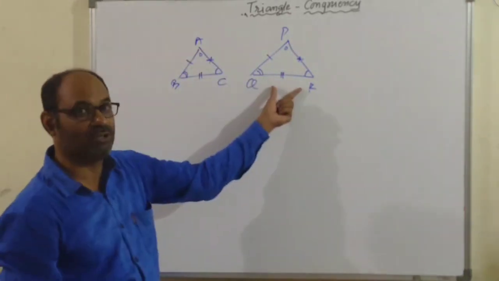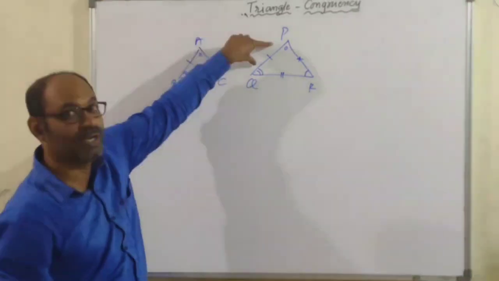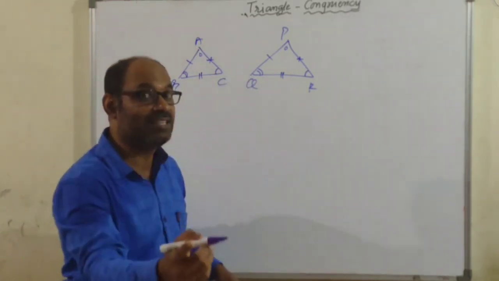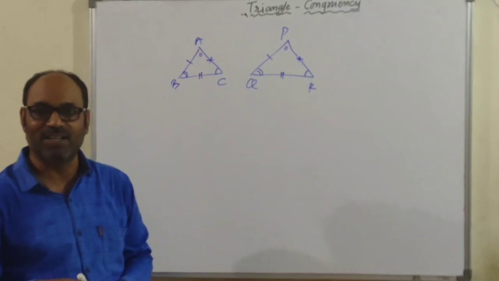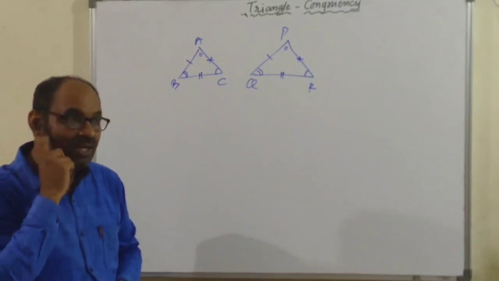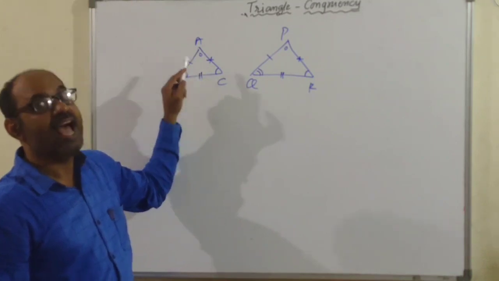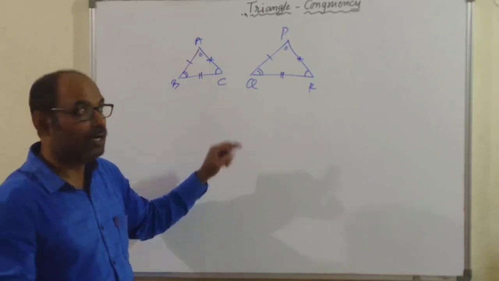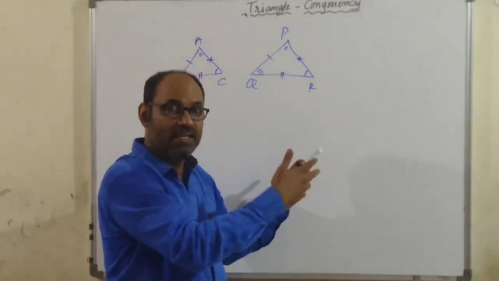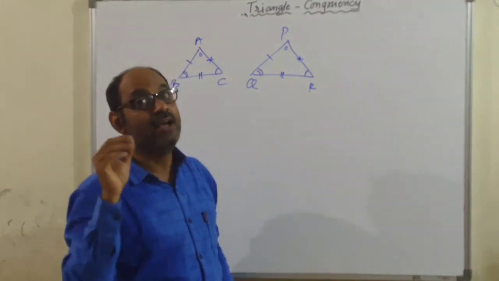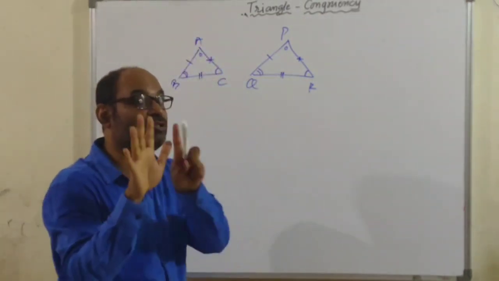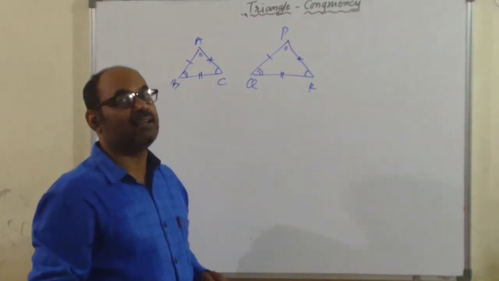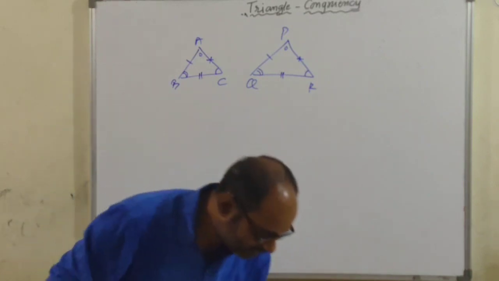I cannot say AB is equal to QR because they are not equal. AB is equal to only PQ. So we have to say sides of one triangle are congruent to corresponding sides of the other triangle. Is that clear to you? So when all the angles and sides of one triangle are equal or congruent to corresponding sides and angles of the other triangle, then the correspondence, the one out of 6, that correspondence is said to be congruence and the triangles are said to be congruent. Please try to understand.